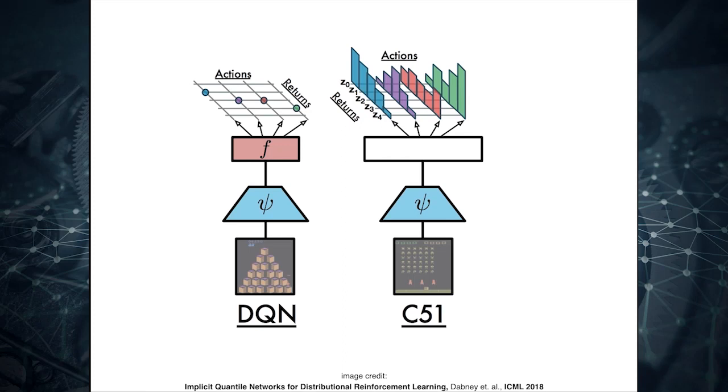The way it is done in this paper is that the distributions are modeled as, say, histograms. So you divide the space of returns, which is Z's here, from the minimum return you could get in the environment to the maximum return you could get in the environment. You form bins, and you predict a probability for each of the bins. What's the probability of getting that return, that return, that return, for each of these actions? That's the main difference in the architecture.